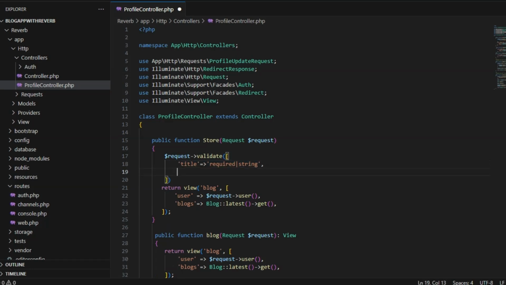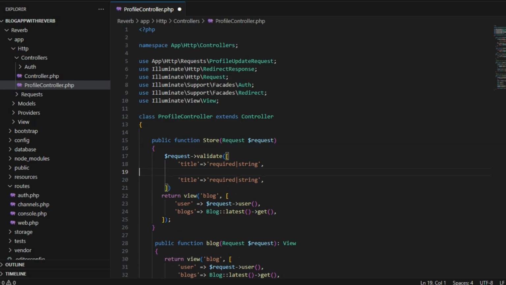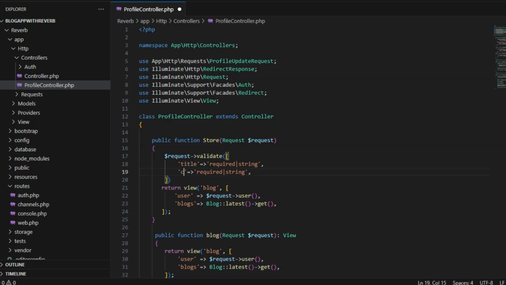Okay, and I'll copy it, paste it here, and after it I'll pass here content, and within it I'll use here required string.